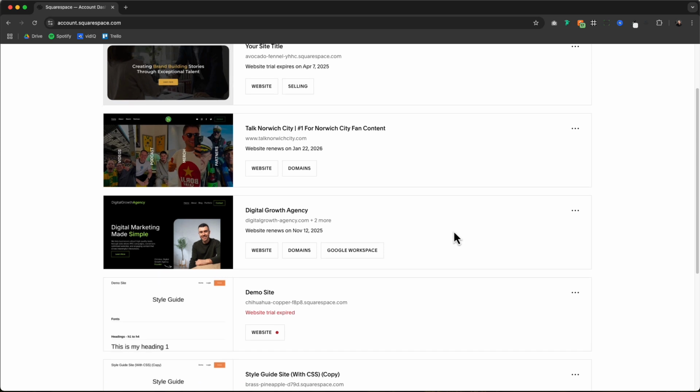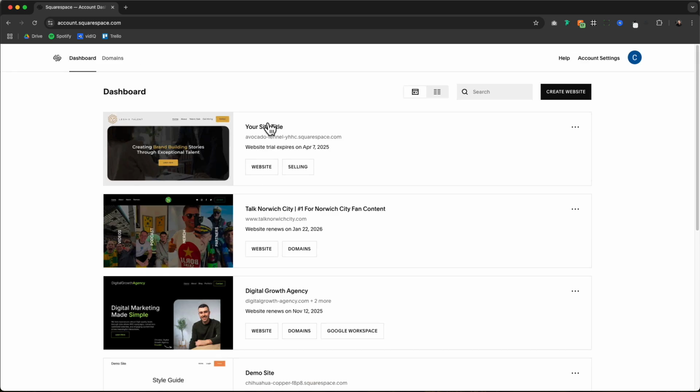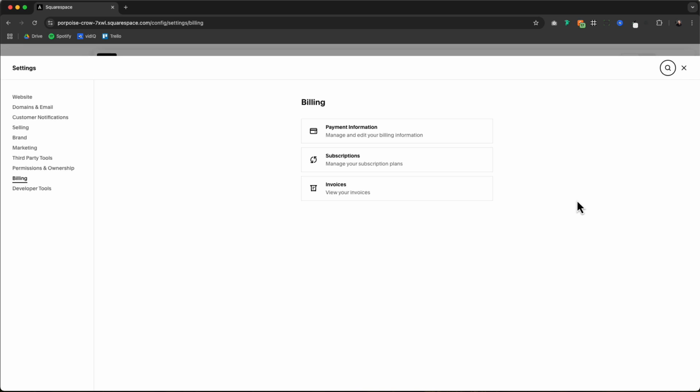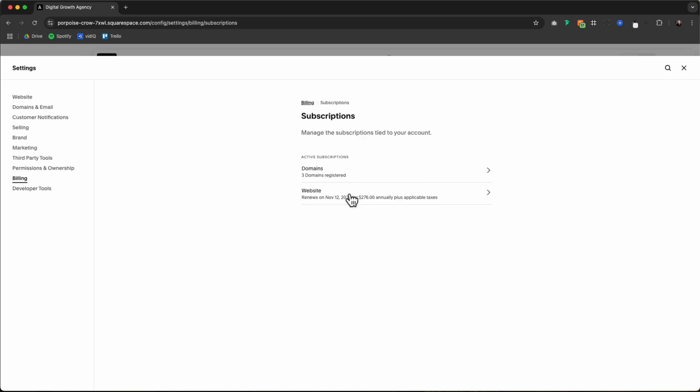And to be able to cancel this website, what we need to do is make sure we're on the dashboard screen, make sure we have our website that we want to cancel, and we want to go over to the three dots on the right-hand side, click on that, and we want to come down to where it says billing. From here, you need to select subscriptions, and then from here, you need to go down to where it says